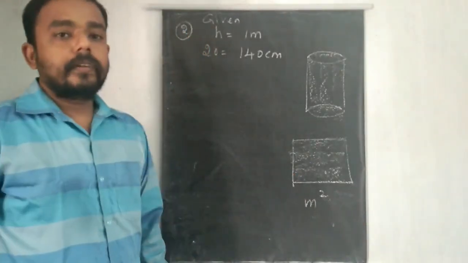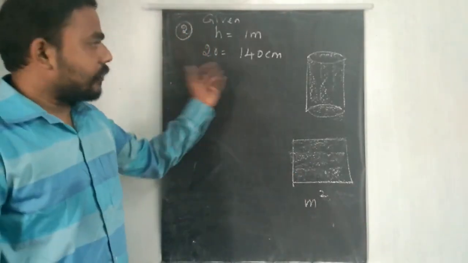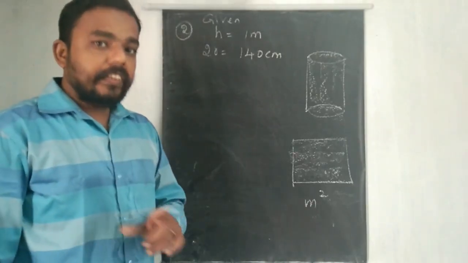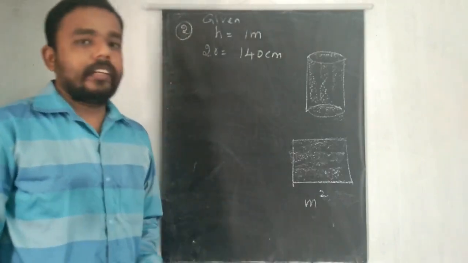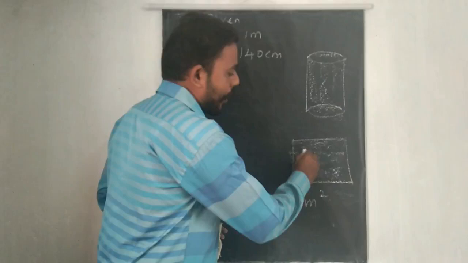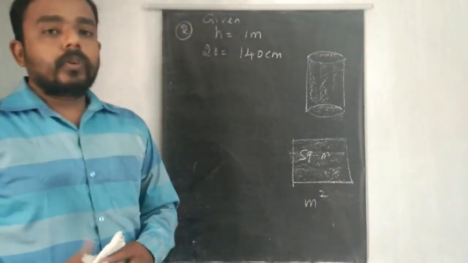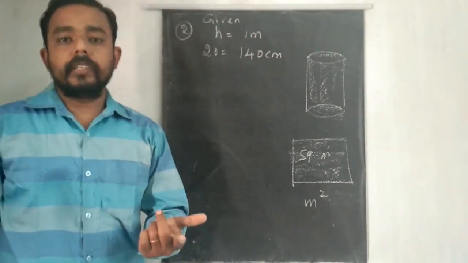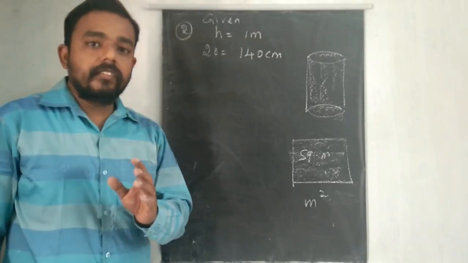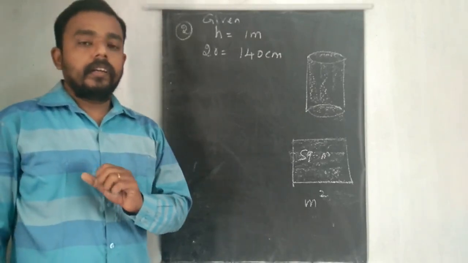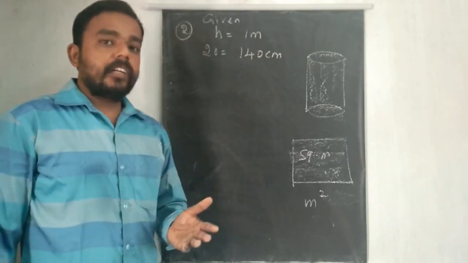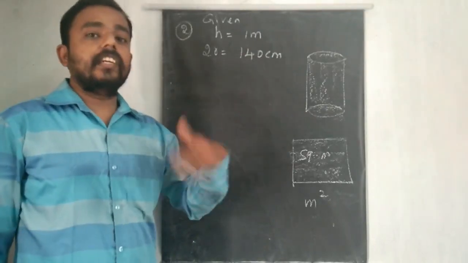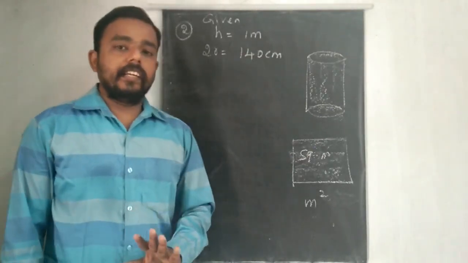The question is just to find the total surface area, but we need to use the unit square meter. So square meter is given. This is your choice. First itself we can convert your meter into centimeter. If you have a centimeter answer, convert it into meter. Suppose, think about the question. If it's meter, we can change everything into meter first itself. So the best idea, in my opinion, is